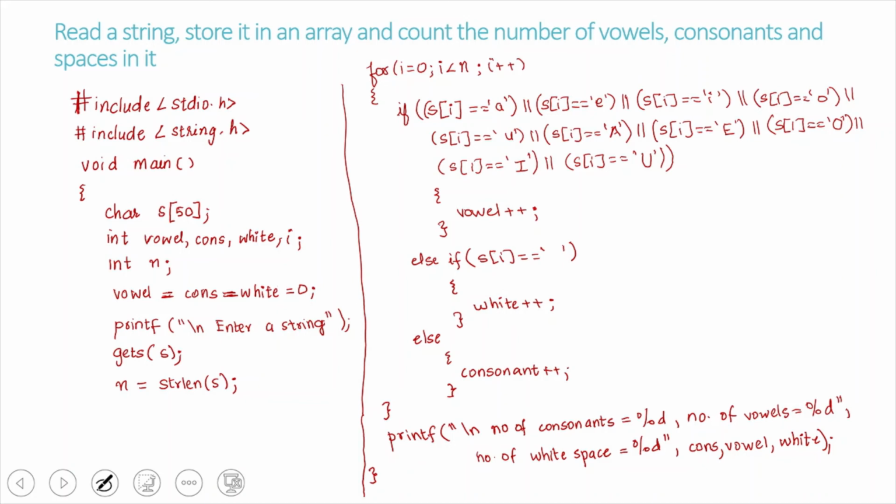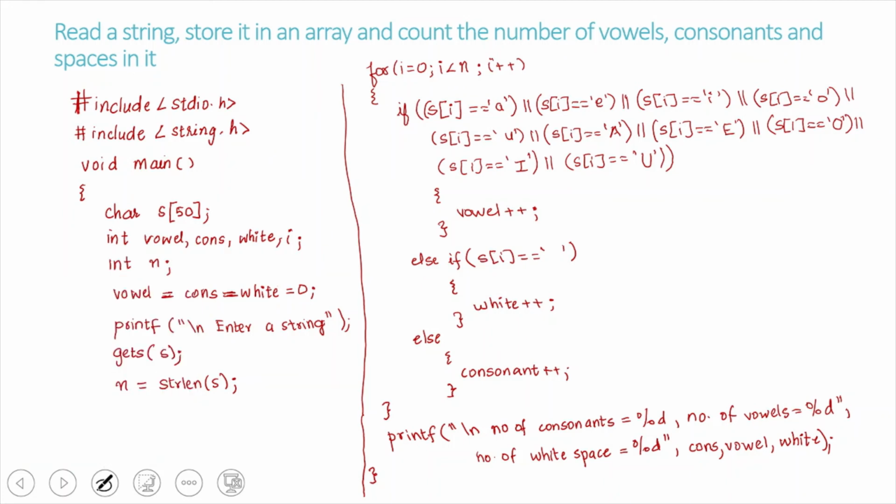Next is to store a string and we are supposed to count the number of vowels, consonants and spaces in that string. So we are going to declare a string called S. Then we are going to declare a few variables.